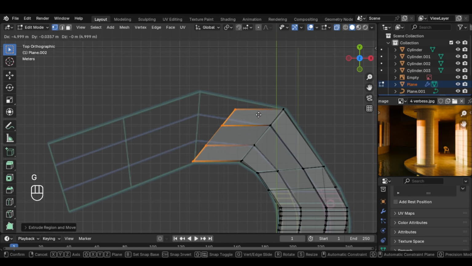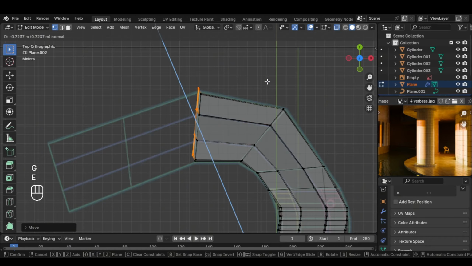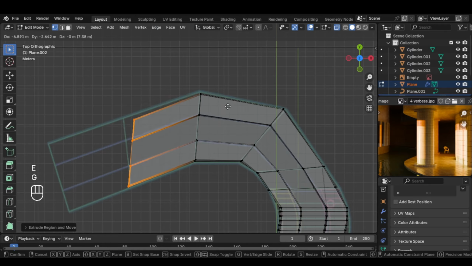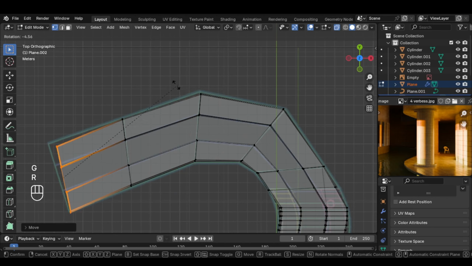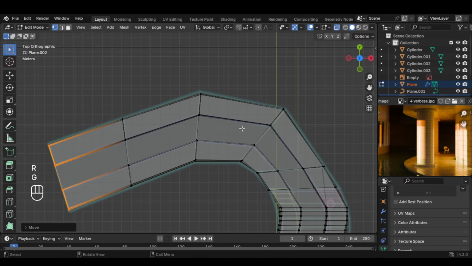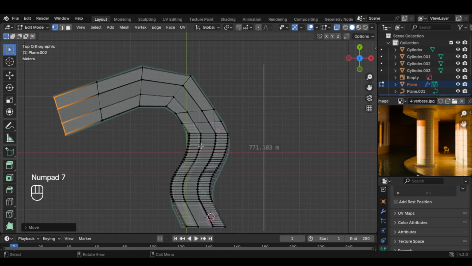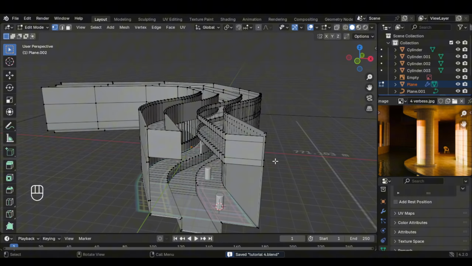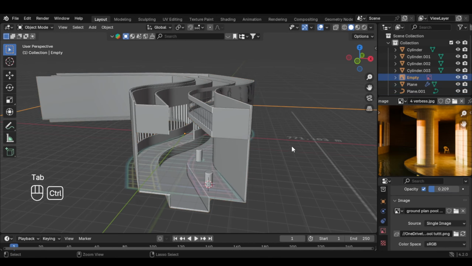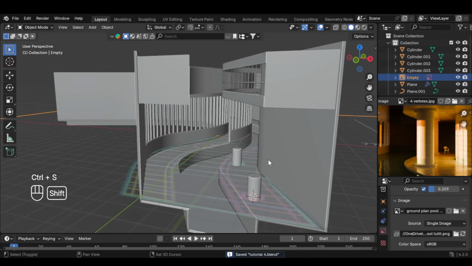right click and G to move it, and E again, right click, G to move it, and R to rotate it, and again E and G and R to rotate it like this, so it should match the reference picture. Okay, now what we're gonna do is tap out of edit mode, save it, don't forget it, and let's continue